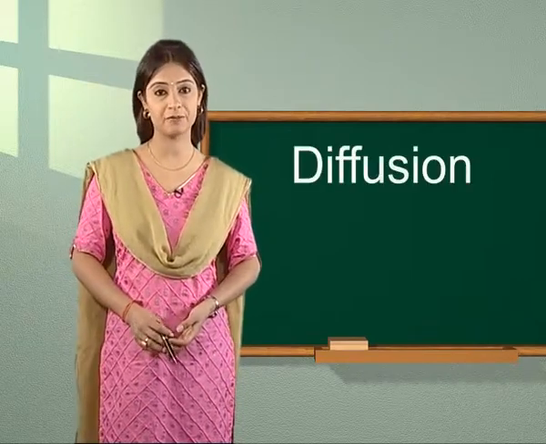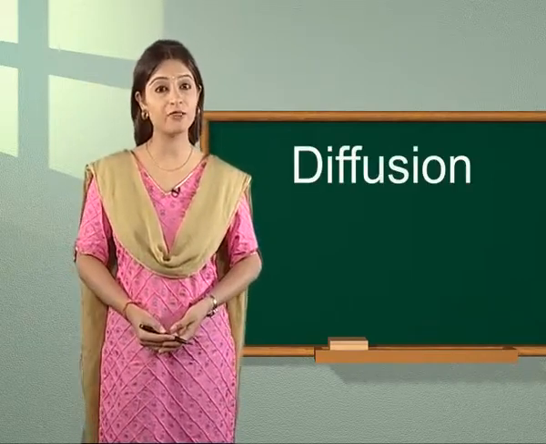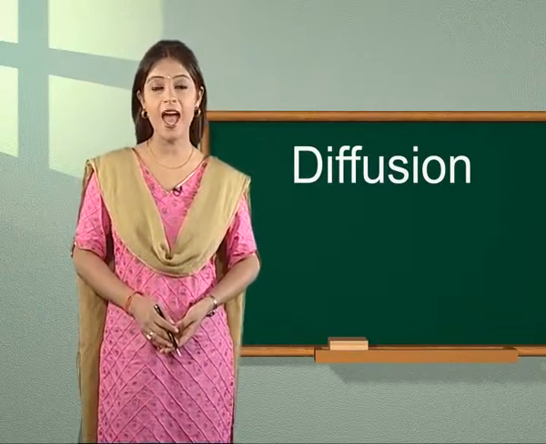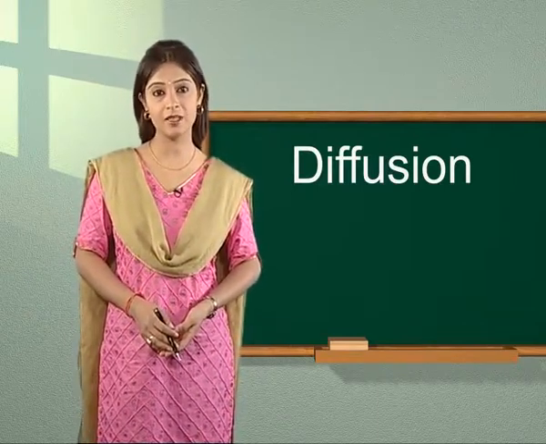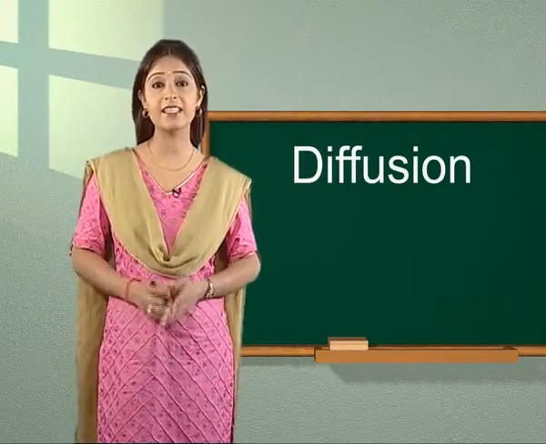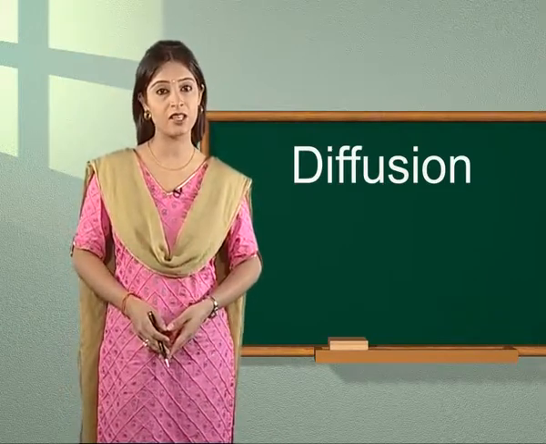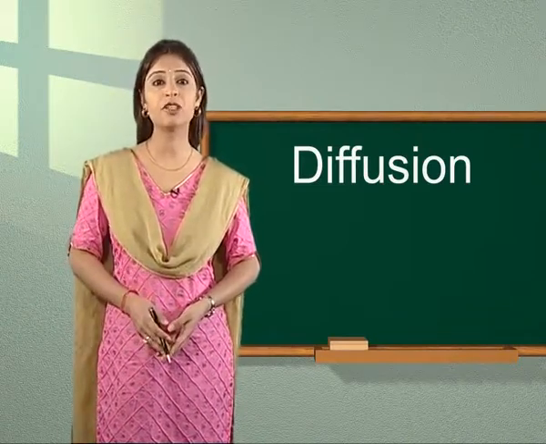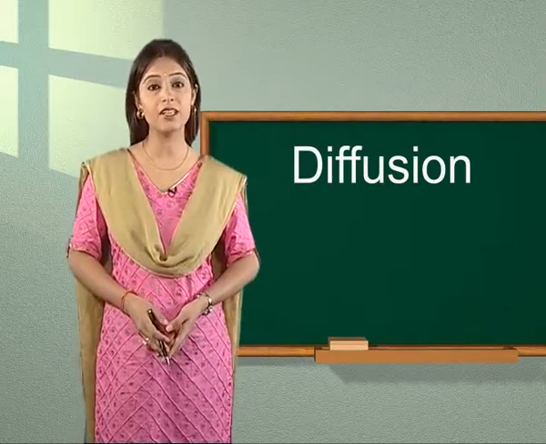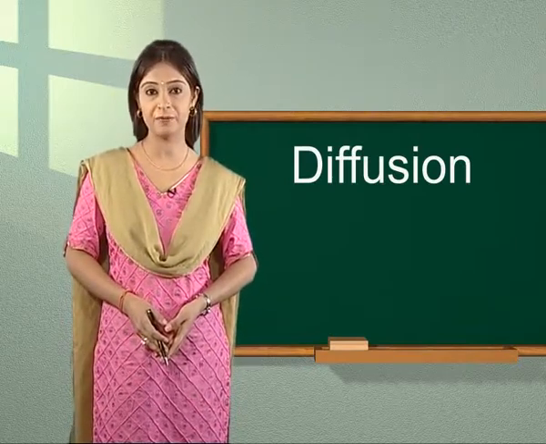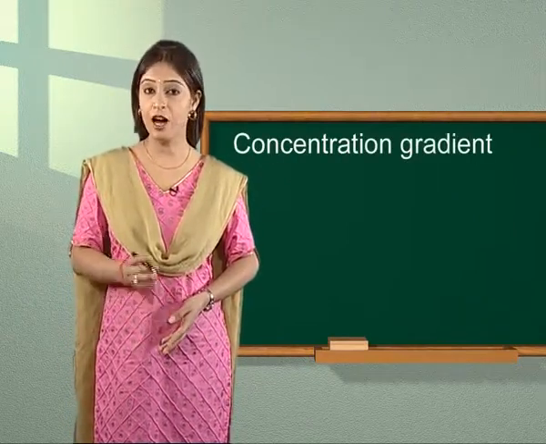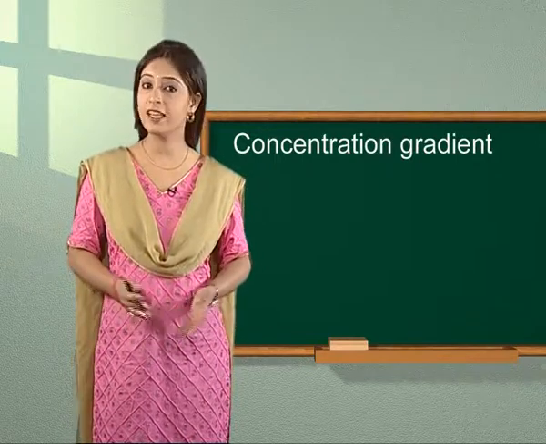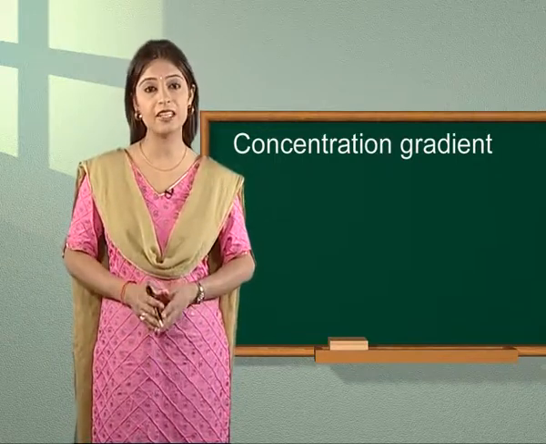Students, let us see another example of diffusion. If we place a drop of red food color in a beaker and allow it to stand for some time, we see that this color gets evenly distributed in the water as the water gets a red tinge. The color moved through the water until it was equally distributed throughout the beaker. Diffusion takes place along a concentration gradient. A concentration gradient exists till the soluble substance is evenly distributed.